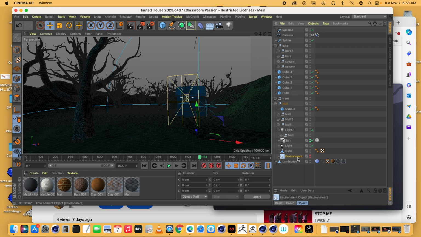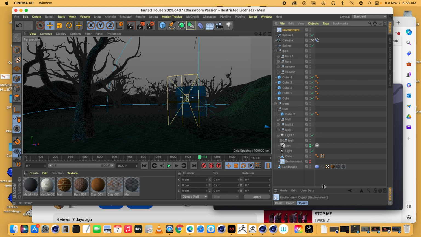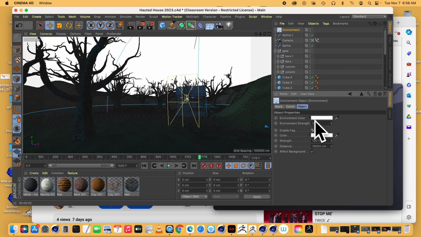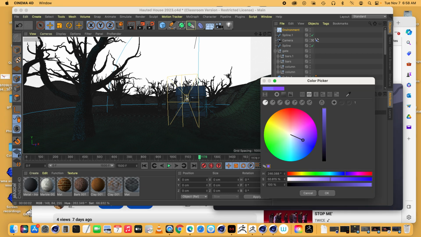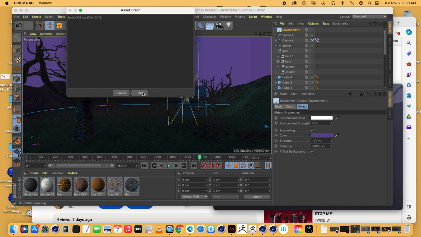Lastly, you want to do a fog environment, which I kind of touched on briefly before. So you go over to your environmental objects, you get an environment. It's pretty easy. All you got to do is go to enable fog. Don't worry about the other stuff up here. And then just pick a color that's nighttime color, you know, like dark blue or purple or something. And then you got to find your visibility range. So I usually just start at 5,000 and then render it and see